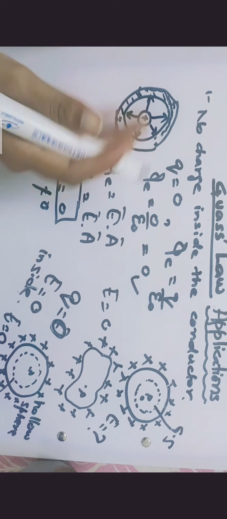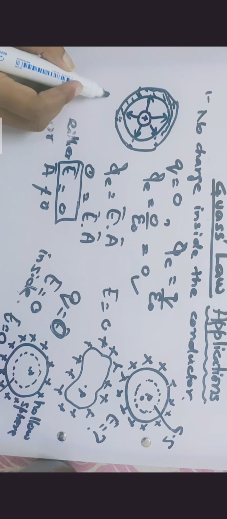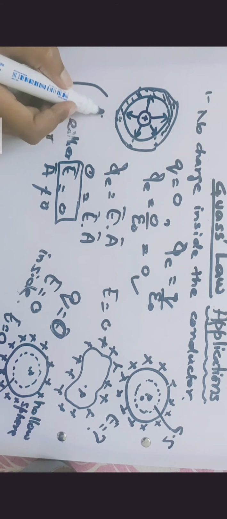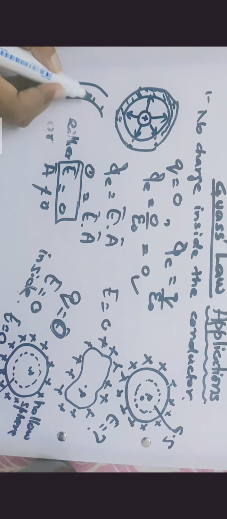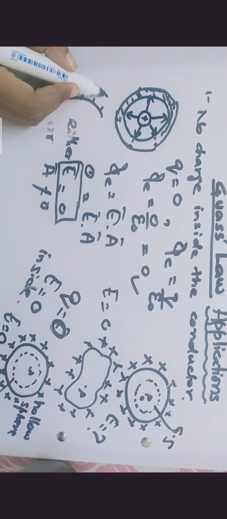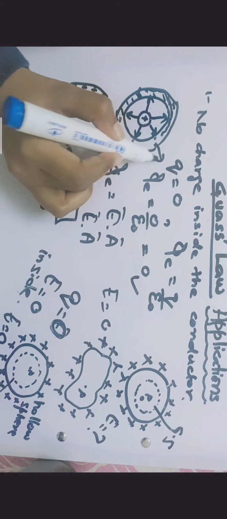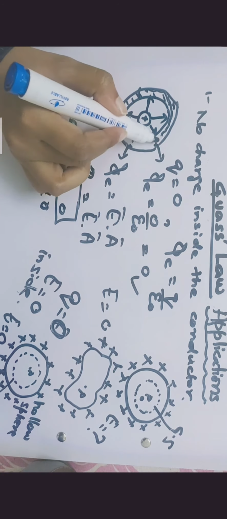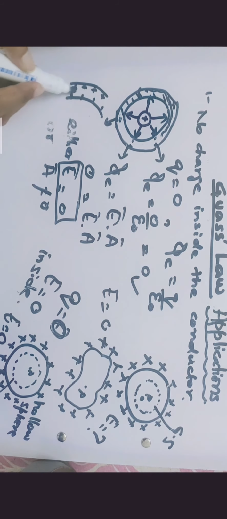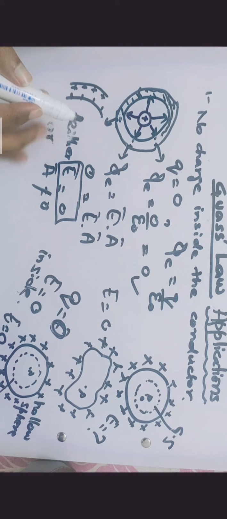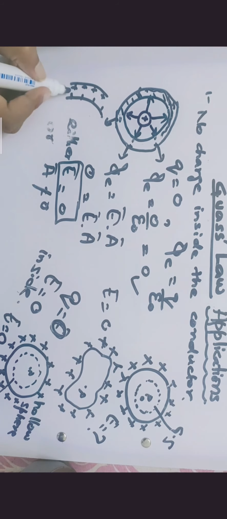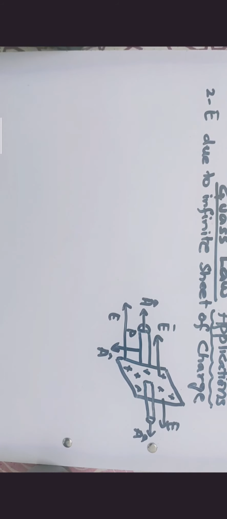I can draw it separately and show it to you: consider this kind of situation. All of the negative charges will accumulate because of electrostatic induction, and all of the positive charges will gather on the other side. The field lines would come out of that metallic ring from the outer side. So in short, inside that metallic ring there is again no charge, and in this case E would also be equal to 0.